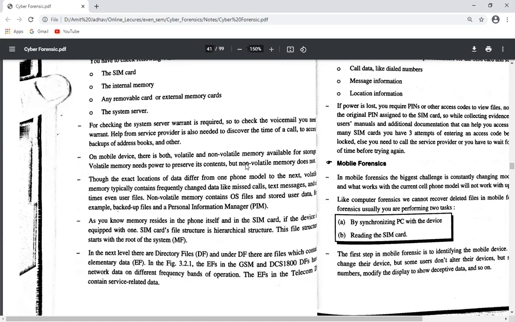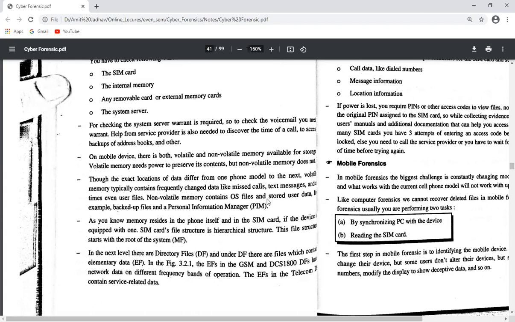Though the exact location of data differs from one phone model to the next, the volatile memory typically contains frequently changed data like missed calls, text messages, the time, even user files. So if our mobile location changes, we also get all the details from the volatile memory.